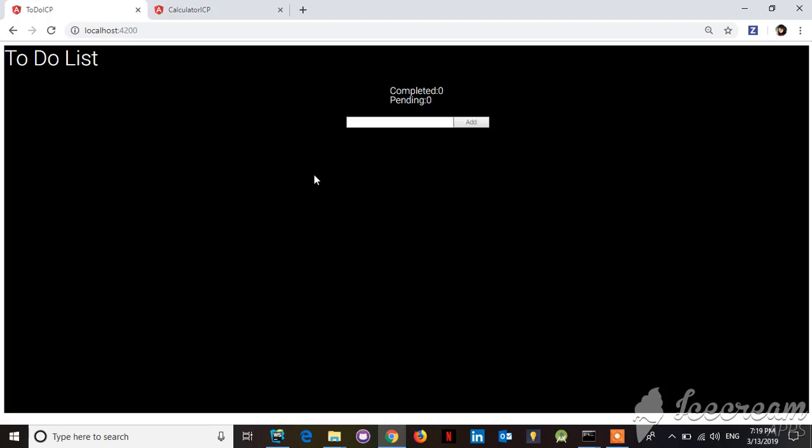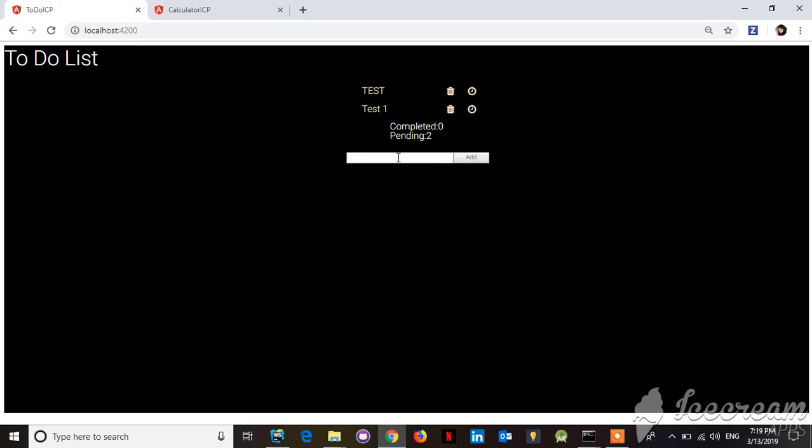Let's have a quick demo of the ICP for the to-do list. Using the screen, the user can add items to the to-do list. Add a few items to the to-do list. By adding items, we can see that the count changes for completed and pending. Since we have 3 items and all 3 are in pending state, it shows pending as 3 and completed